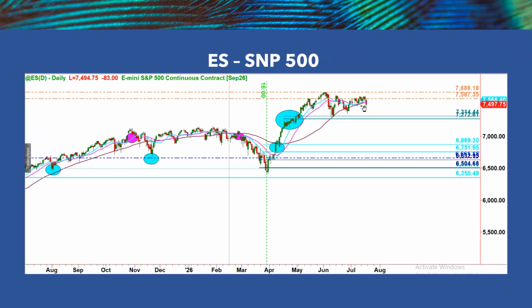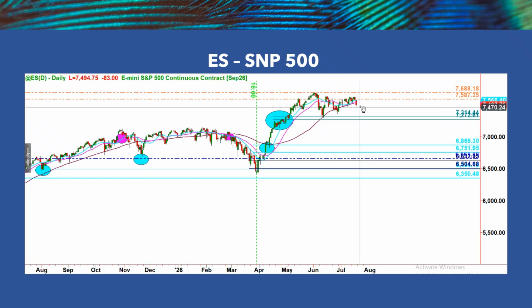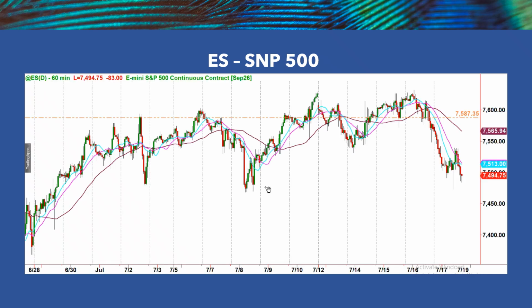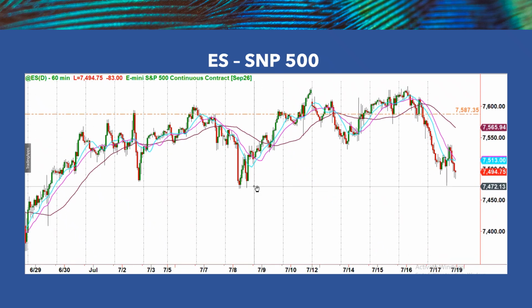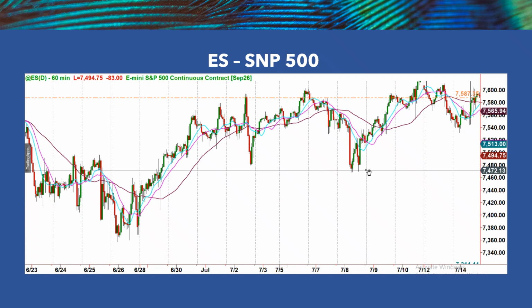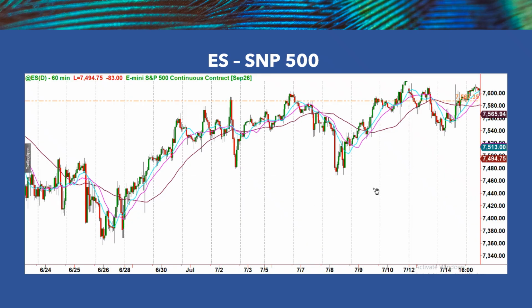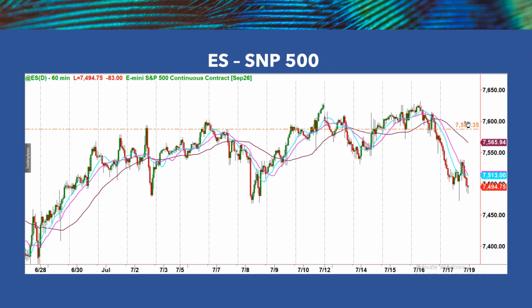So the only trade that one can expect on the ES would be on the lower time frames, like the 60-minute or the 240-minute charts, where one can take the sideways trend and go back up and down along with the movement in the range bound trade. The best place would be to take a long at around 7380 and then again go short around 7625. So that's the range that we're looking at.